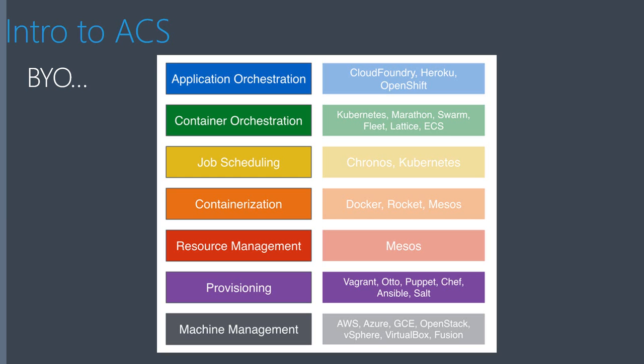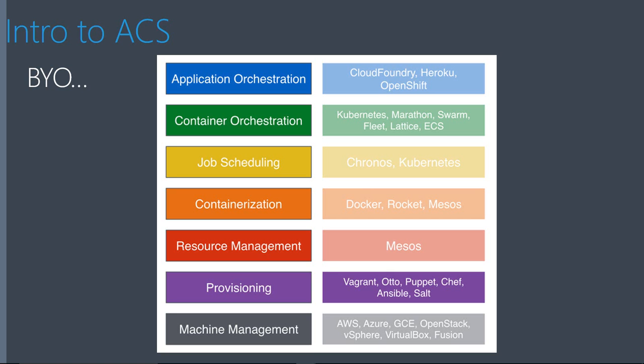We have container orchestration and job scheduling, which overlap a bit, so we find stuff like Marathon, Swarm, Kubernetes, Kronos, and so on. Then we have containerization, and that's Docker. We have resource management, that's Mesos, and let's skip to machine management, and that's